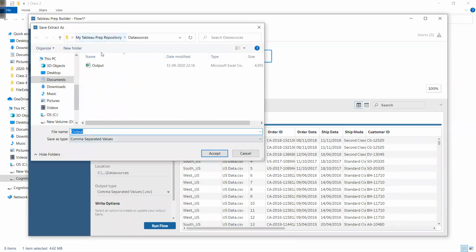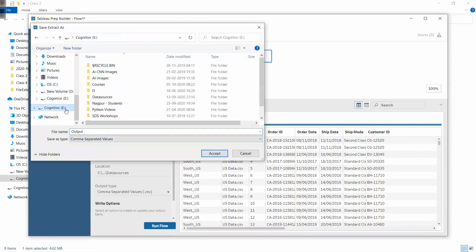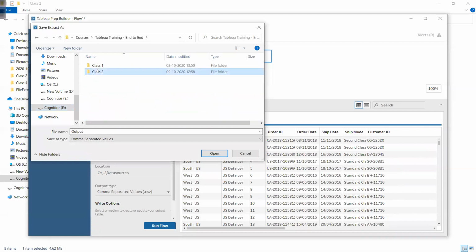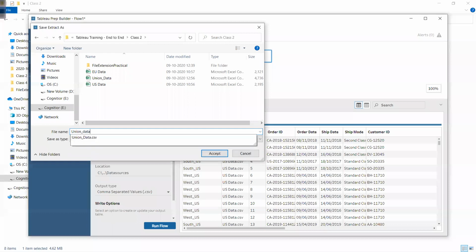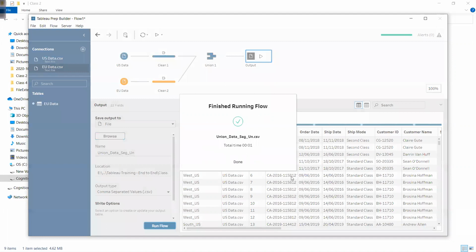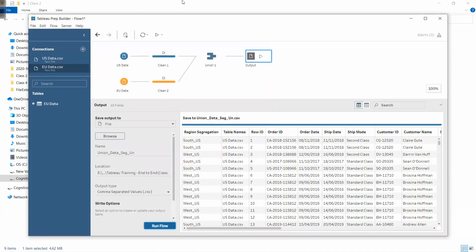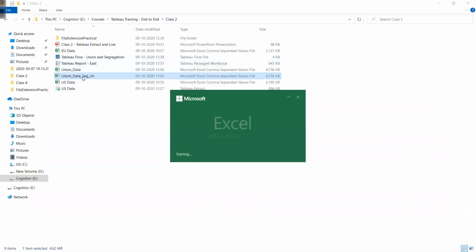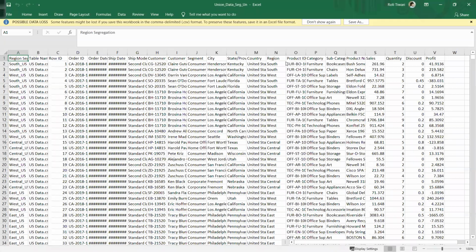Let's choose the location, and name it union data underscore seg un, something like this. And then run the flow. And done. So you can see I am getting the same output, no difference at all.